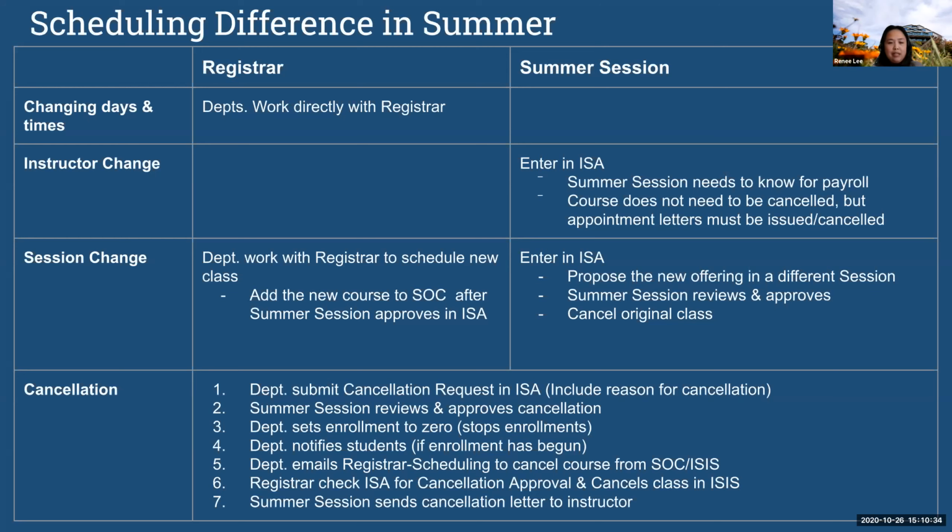Thanks, Lisa. And then finally, for cancellation, if for whatever reason the class needs to be canceled, we are relying on information entered into the ISA, because once you enter the cancellation, it prompts us to take action. This past summer, we have been reviewing all the cancellations that came through, with another layer of approval from the Dean of Undergrad Education and the Assistant Vice Chancellor for Educational Innovation. So we want to make sure that the cancellation is seamless between the department, summer session, and the folks that are approving it. So that's basically the steps.